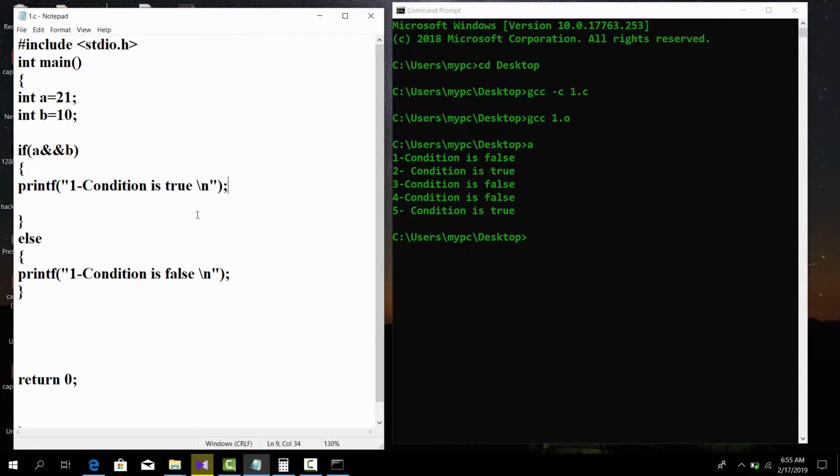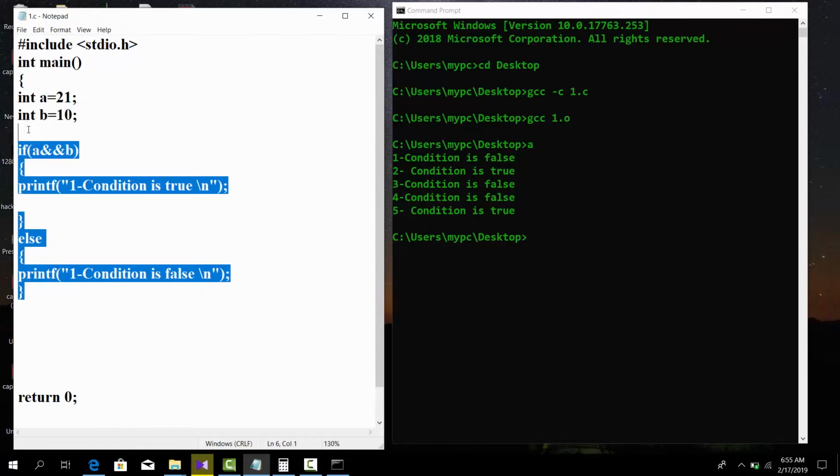If that condition is false, that is the else in there, it prints condition is false. These are the two conditions. And then I'm going to copy this code,